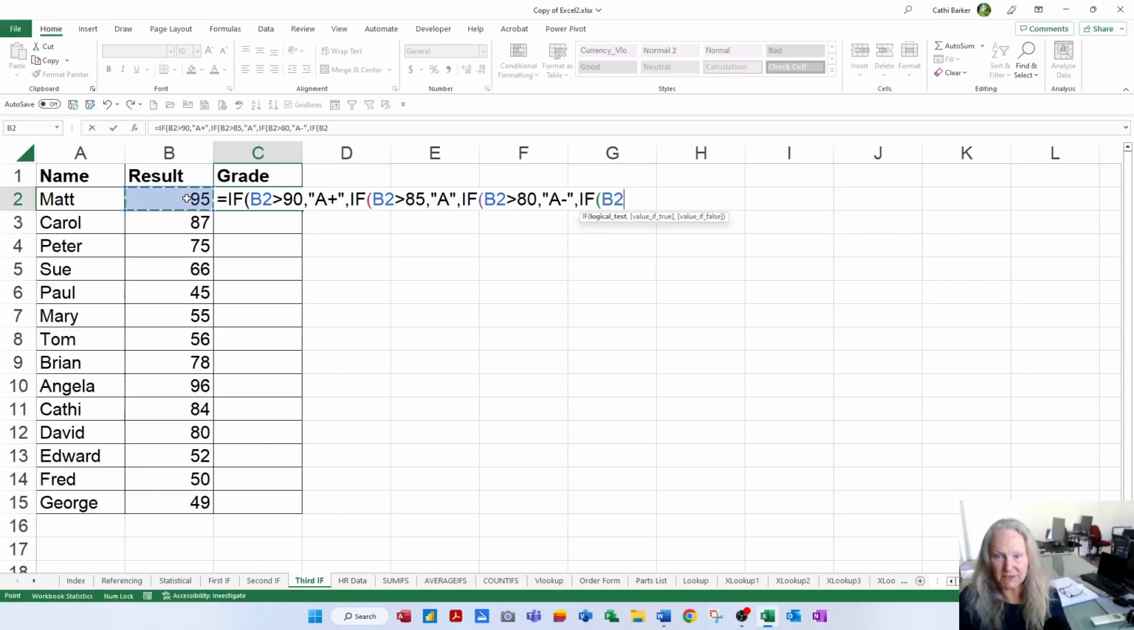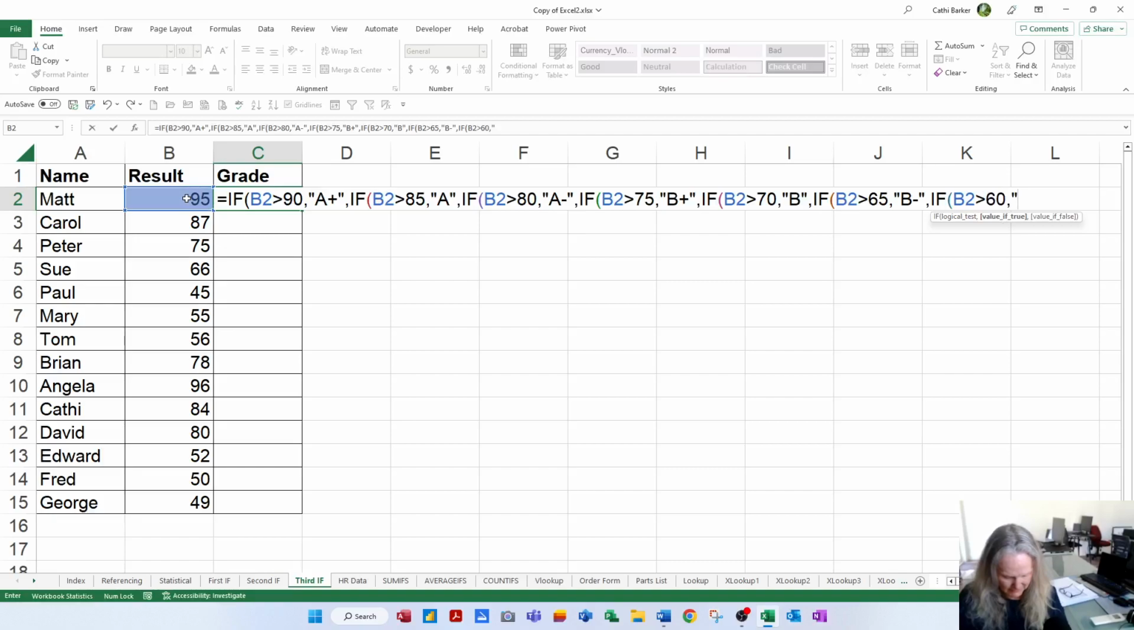If, tab, left arrow, greater than 75, because we're dropping in fives, then that is a B plus. If that is greater than 70, then that is a B. If that is greater than 65, then that is a B minus. If B2 is greater than 60, then that is a C plus. If that is greater than 55, then that is a C. If B2 is greater than 50, then that is a C minus,